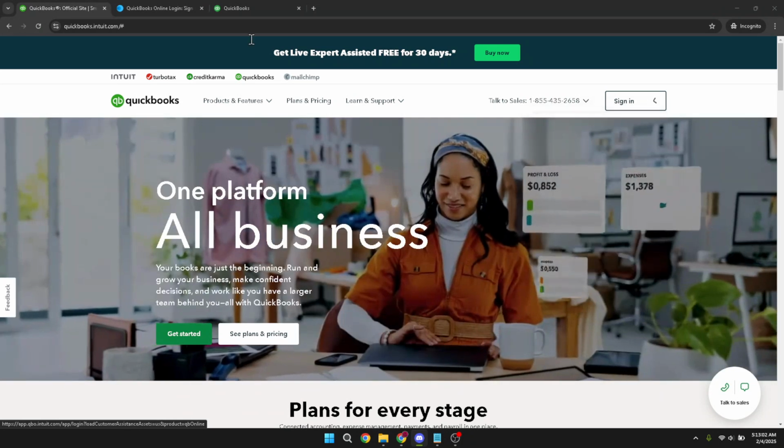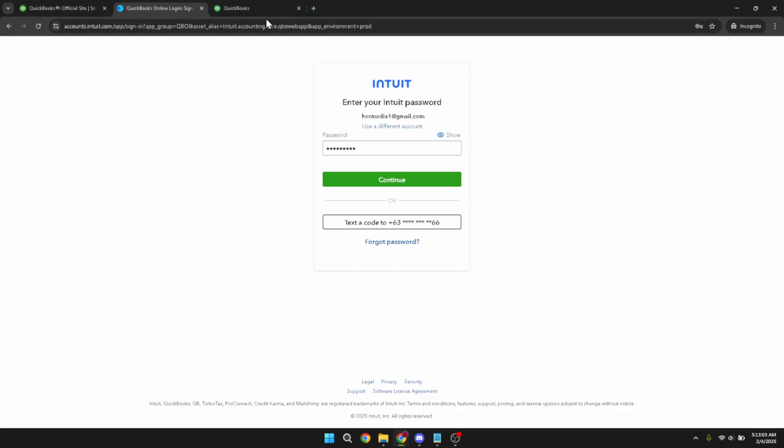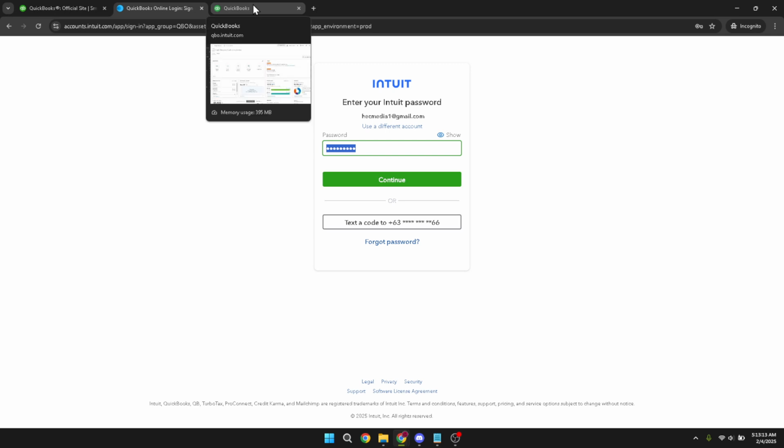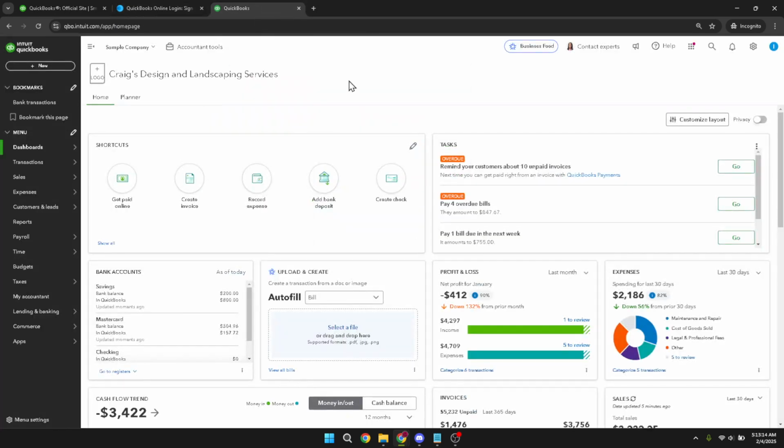This is particularly important as QuickBooks offers different versions, and you want to make sure you're accessing the correct one that aligns with your online account. Next, log in by typing in your credentials, your username and password, and hit the Continue button. If you have two-factor authentication set up, you might receive a code on your phone or email. Simply enter that code to proceed. It's always a good idea to have a secure, memorable password for this kind of account, as it contains sensitive financial information. Once you're logged in, you'll be taken to your QuickBooks dashboard.